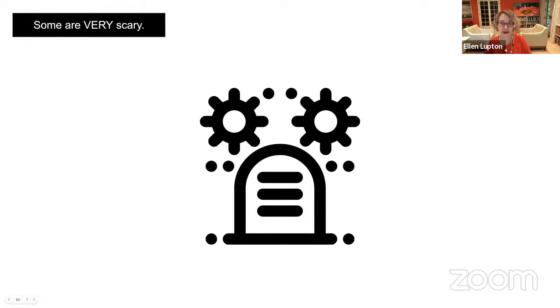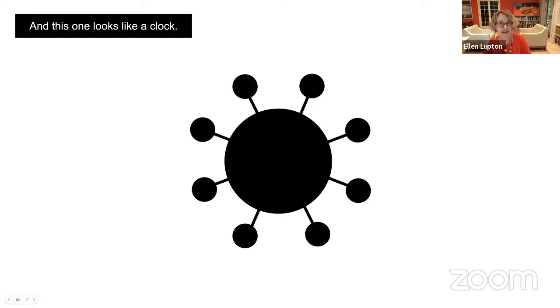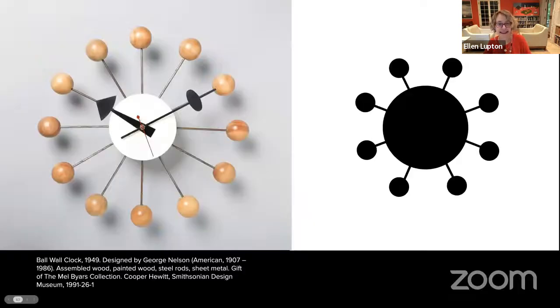And focus on the worst outcomes of the disease. This one's kind of cute and kind of likable. This one looks like a clock. Indeed, it looks like the beautiful George Nelson clock, which is also in the collection of Cooper Hewitt Museum, a classic of mid-century modern design.